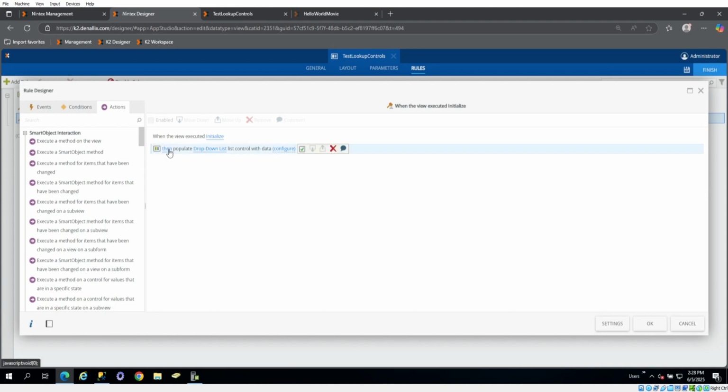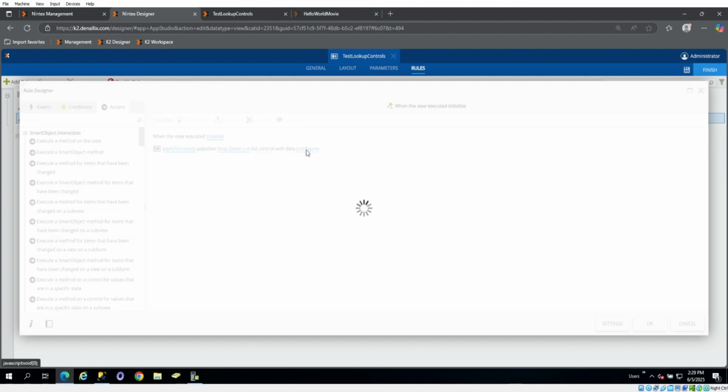Now for metadata, we should always make this asynchronous, so the whole form's not waiting for this data, because we could have many lookup lists, drop-down lists, whatever, that are referring to smart objects. So we don't want to wait for the whole form for that. And what we can do also here in this configuration